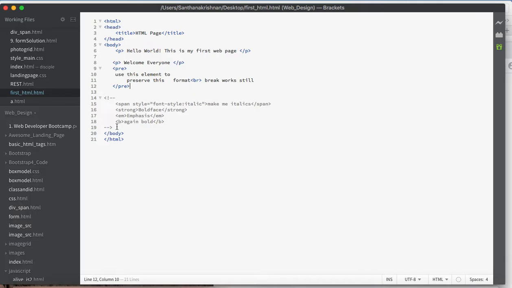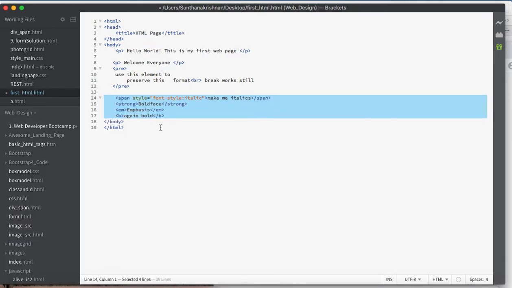See here. So earlier I commented this out, I'm going to uncomment it. We'll speak about comments in the forthcoming slides. So here span is simply a wrapper to style these text elements. So this is the text content, make me italic.